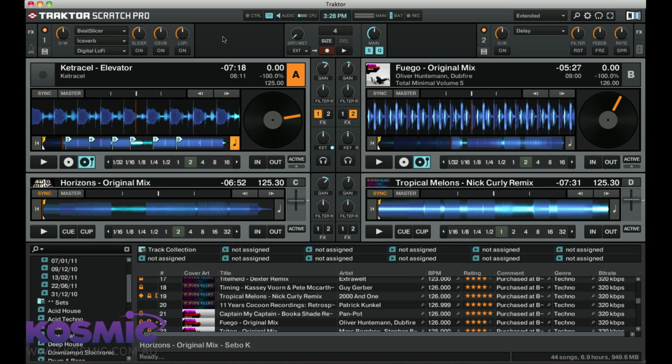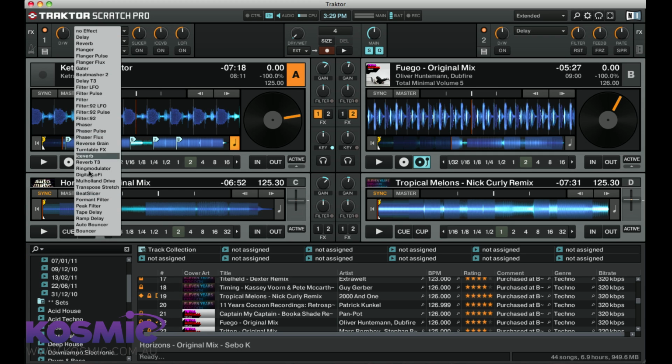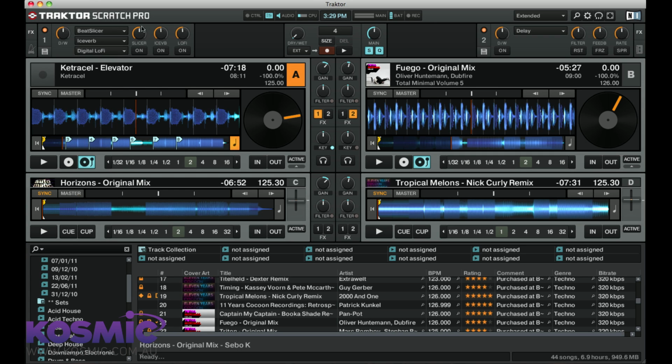You have two different choices. You can have what's called a single, or you can have what's called a group. So you'll see the group side, we've got 3 different effects. You've got a drop down menu here, you can pick any of these. You have an on switch for each one, and you have one knob you can use to control one element